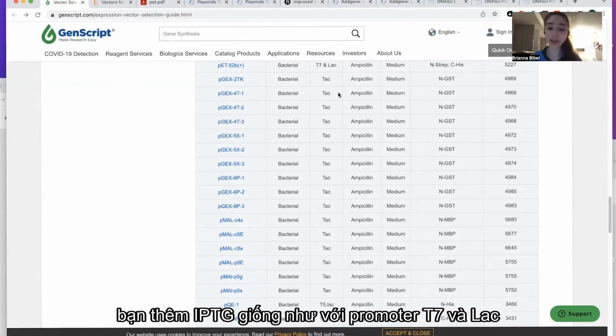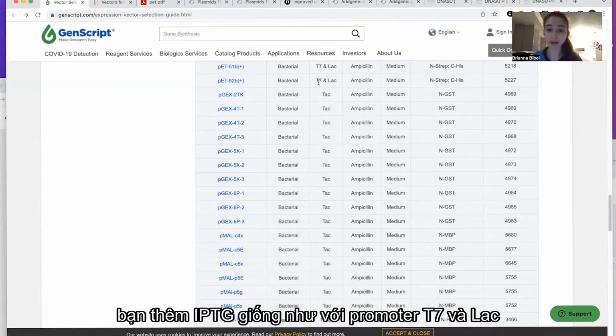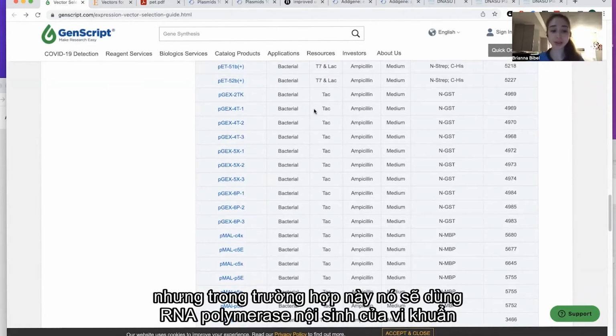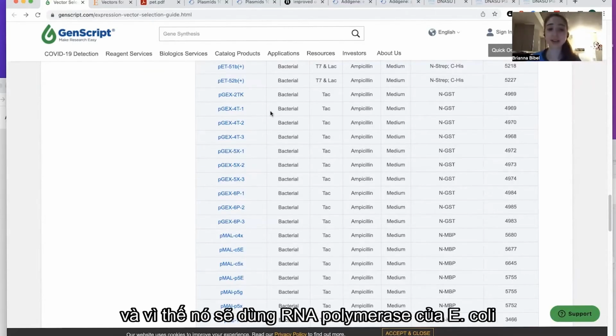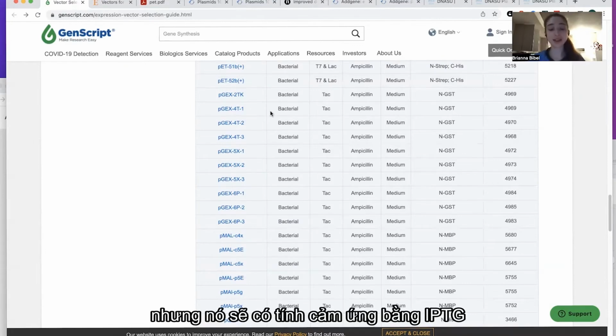So you add IPTG just like you would in your T7 lac ones. But in this case, it's going to use the bacteria's own RNA polymerase. And so it's a hybrid from the bacteria's own gene's promoters. And so it's going to use the E. coli's own RNA polymerase, but it's going to have that IPTG